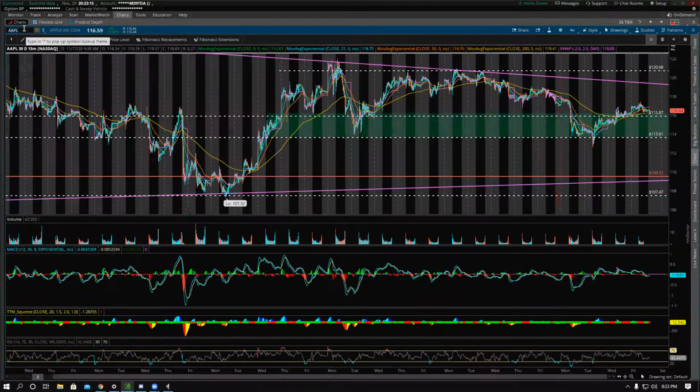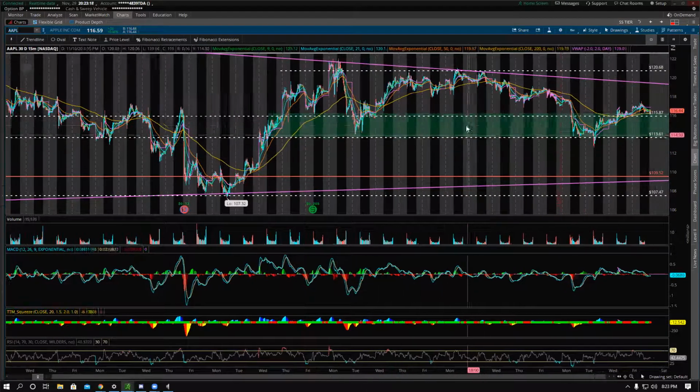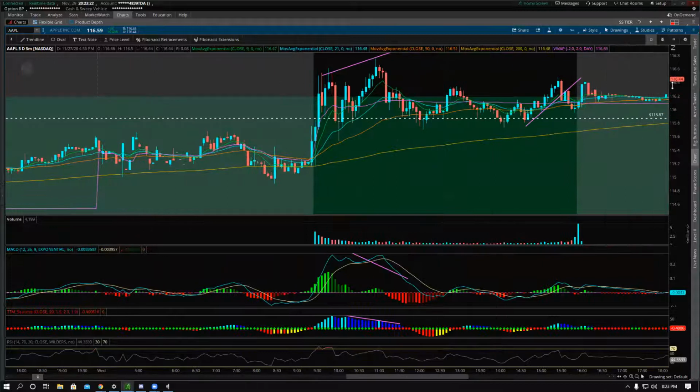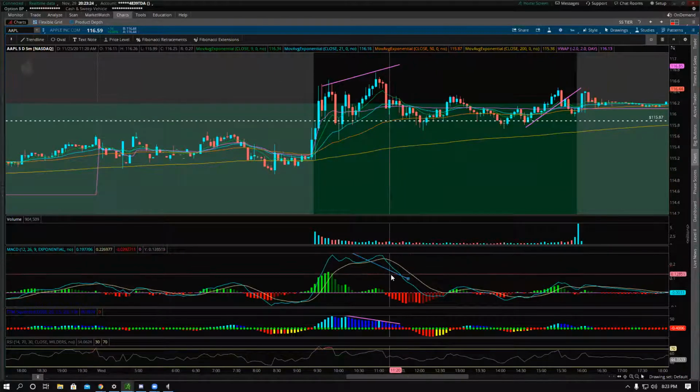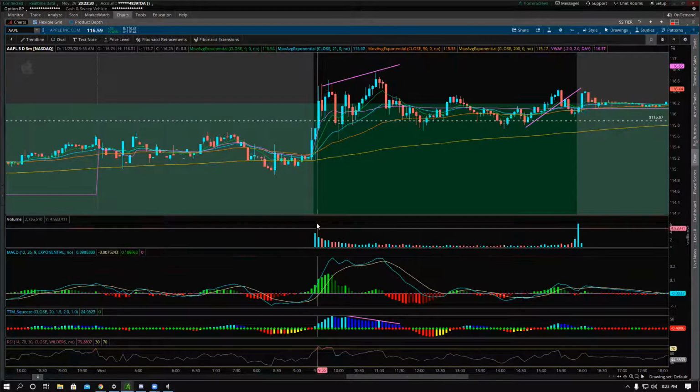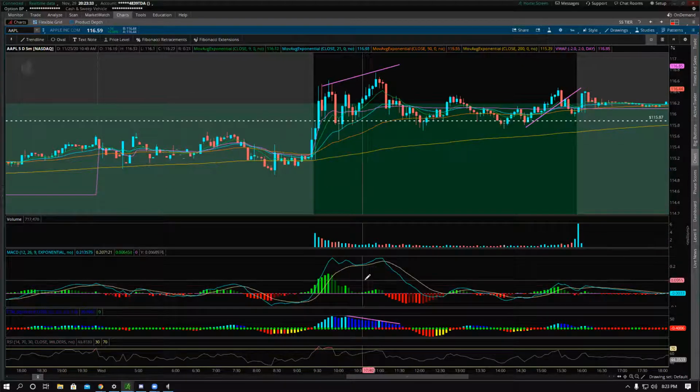Apple's fine. We'll find divergence somewhere, whether it be in the 3-minute chart or the 1-minute chart, because a lot of this is going to be hindsight. Let's see. Here's a good example, actually. It's a great example. Okay, so if you guys are looking here on Apple, right, we have